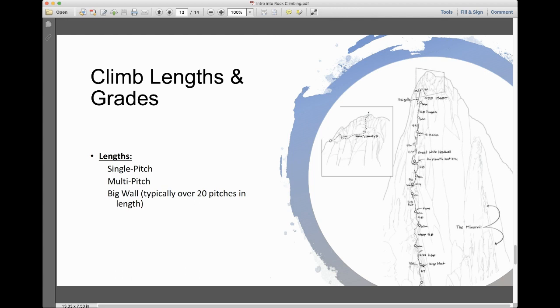I go up, they follow. They go up, I follow. Back and forth, back and forth. You'll notice it gives a grade, 5.8, 5.7, and it also says how long it is, 60 meters, okay? And it gives us this information as we go. So big wall, multi-pitch,